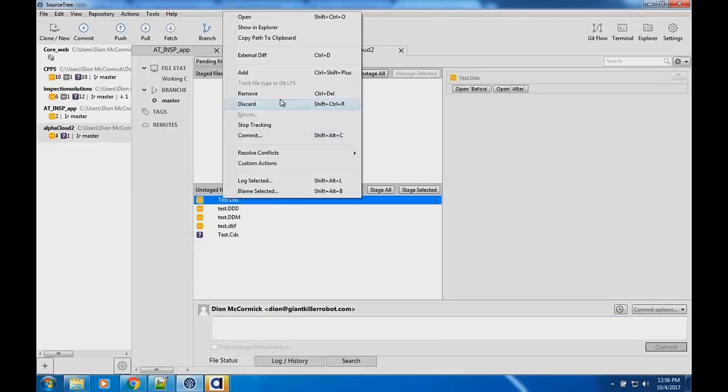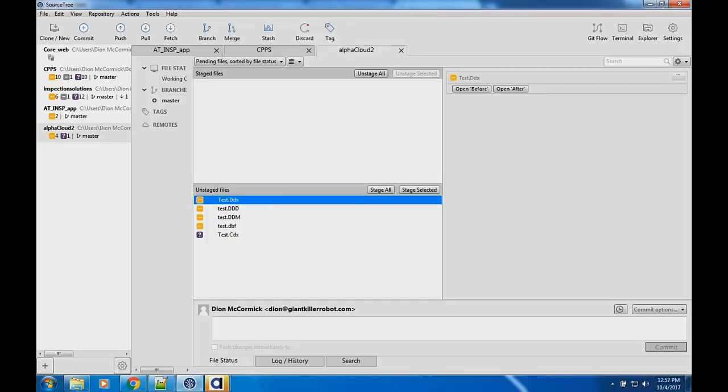I can actually go in here and I can say stop tracking, or I can say discard. Discard would say just throw away what I did, like if I just want to get rid of it. I can also do something called stop tracking, which means don't watch this file anymore, because you may not want to watch certain files in it. So this gives you the ability to tune up your source control so that only the files you want are in there.